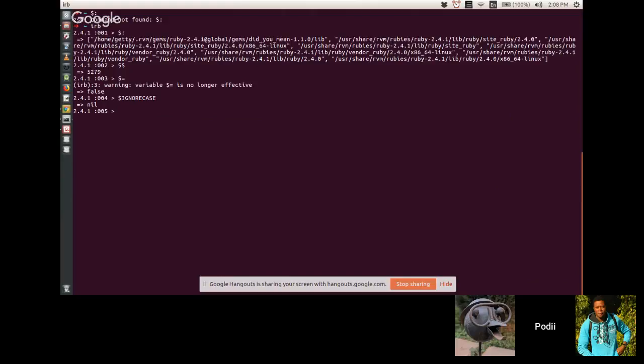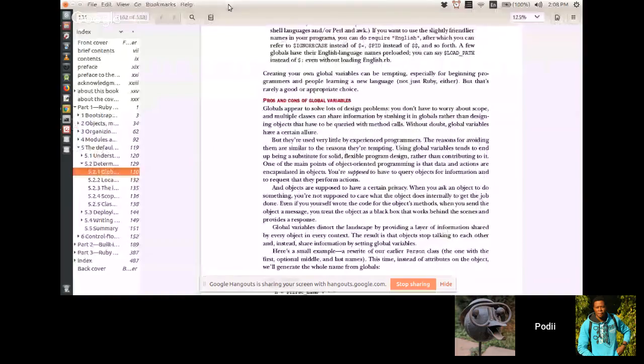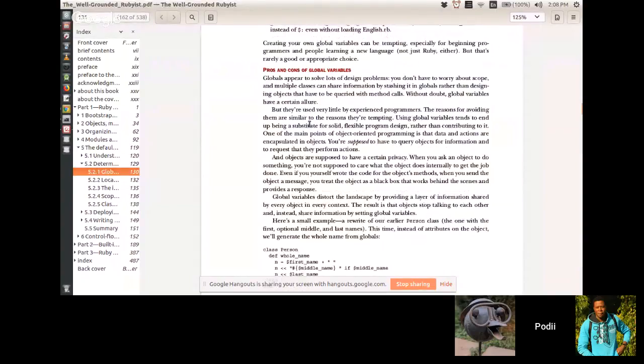Awesome. Okay. So we have the pros and the cons of global variables. Globals appear to solve lots of design problems. You don't have to worry about scope, and multiple classes can share information by stashing it in globals rather than designing objects that have to be queried with method calls. Without doubt, global variables have a